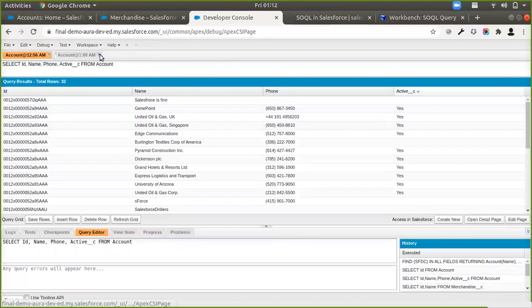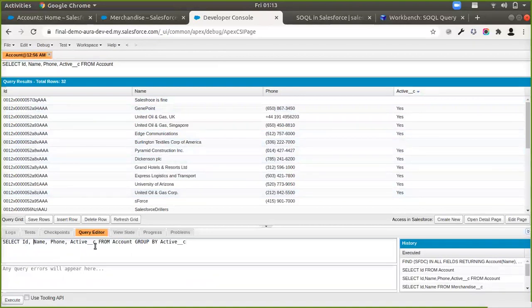So let's say I want to group this result by all the active values. Let's say I want to separate out my values with the yes and the blanks. So I'll do something like group by active. This groups this query into two sets, so it should return me all the records which have this active as yes and then as no.